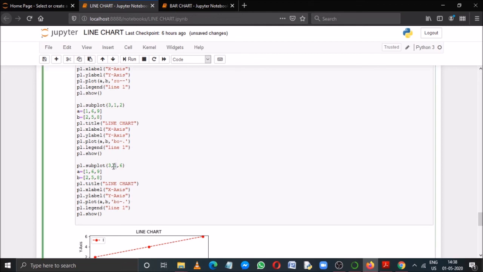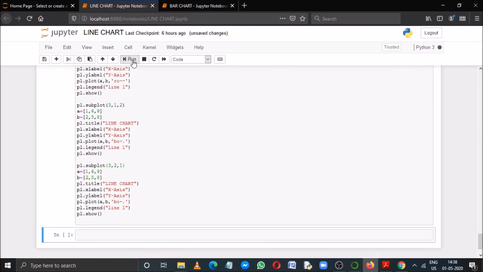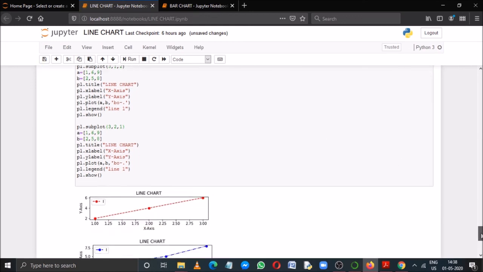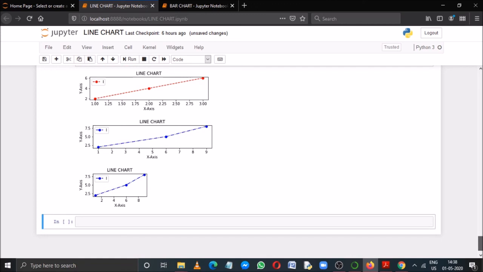So I need to write 2 here, and if I change the index value to 1, see, this is index one.